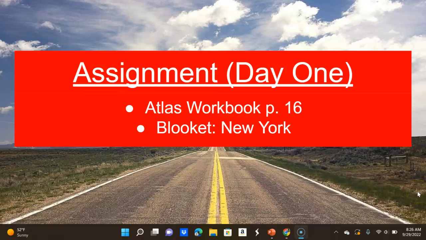So as you're closing up your assignments, you have the first page in the Atlas workbook. Please make sure, especially as you're working on this, I want you to be a little bit more careful in how you are completing your work, making sure it's a little bit cleaner, not just rushed. And then you do have a look at assignment on the state of New York. And some of it will be a challenge because it's going to be symbols. Some of them we've talked about, some of them you haven't talked about. And so don't be afraid to do it more than once. Again, please make sure that you're putting your name into the nickname so that I know that you had a chance to complete this assignment.